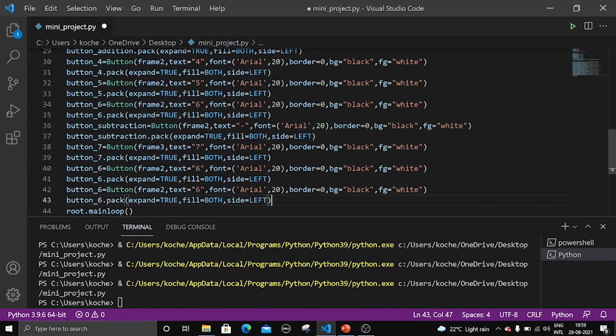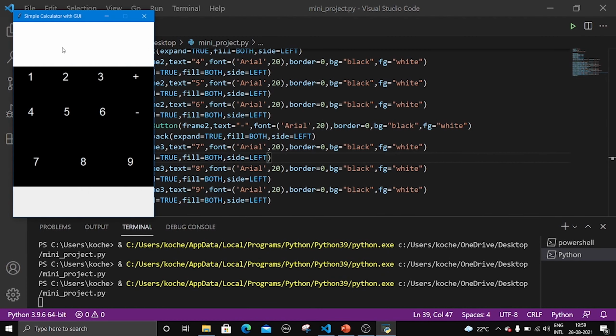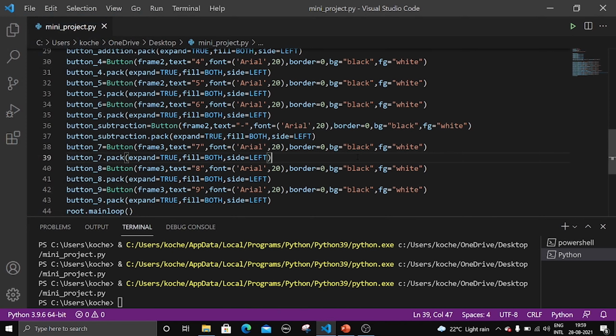So let's paste 2 more times. This will carry 8, 8, 9, 9, and here the text is 9, here the text is 8, and we need to change the frame, that is frame 3, and this is frame 3. So now let's try to run it. Let's see how it will look. 1, 2, 3 plus 4, 5, 6 minus 7, 8, 9, and let us add star now, right?